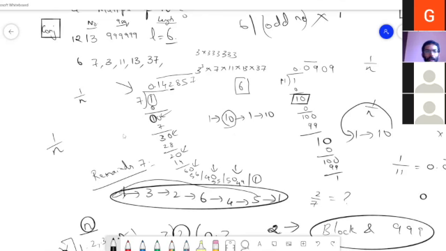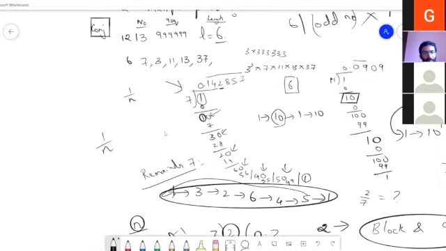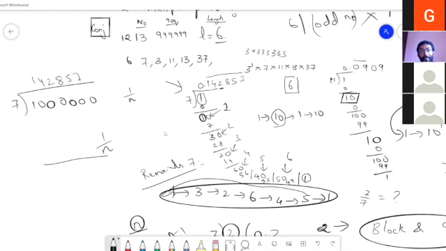Now my question: instead of dividing 1 by 7, if I divided 1 followed by 6 zeros by 7, can you quickly tell me what would be the quotient and what would be the remainder? So the answer will be 142,857. And remainder probably 132,645. Remainders cannot be greater than 7.